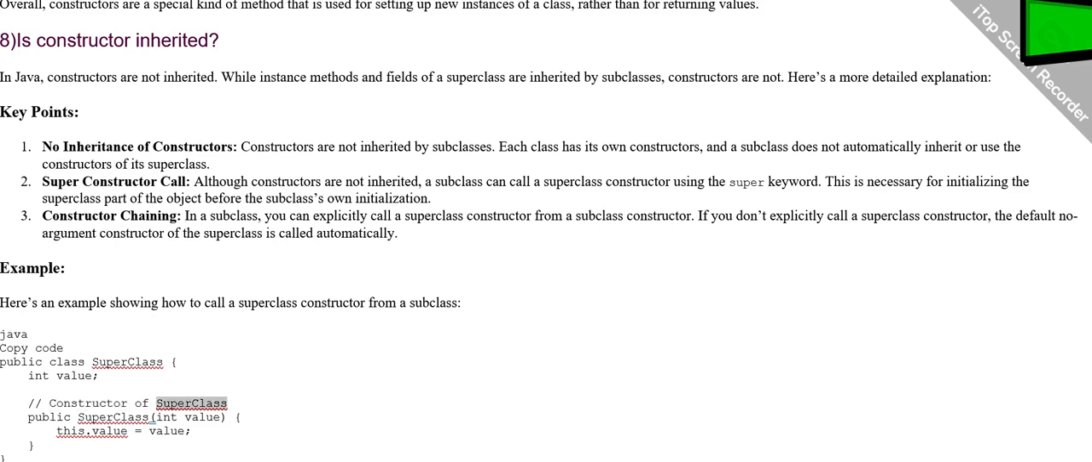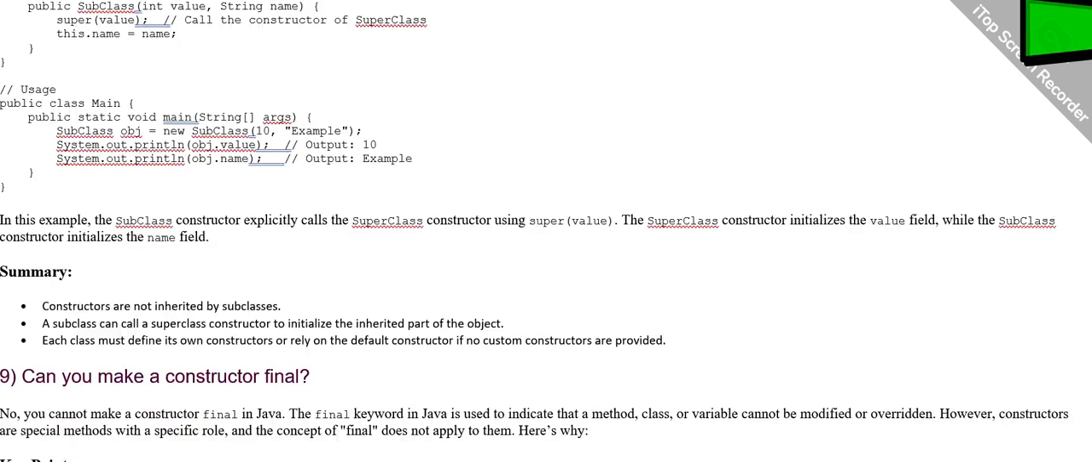// Constructor of superclass. public Superclass(int value) { this.value = value; } } public class Subclass extends Superclass { String name; // Constructor of subclass. public Subclass(int value, String name) { super(value); // Call the constructor of superclass. this.name = name; }